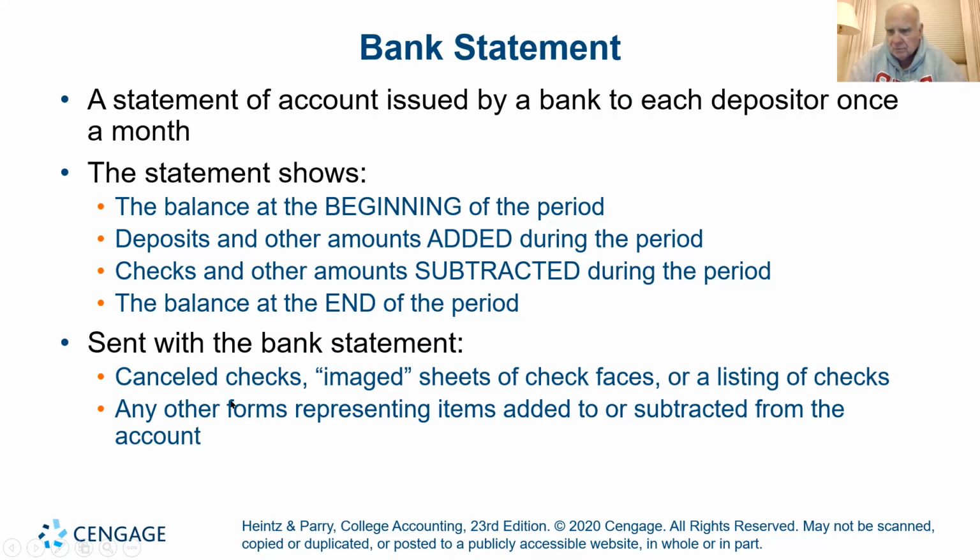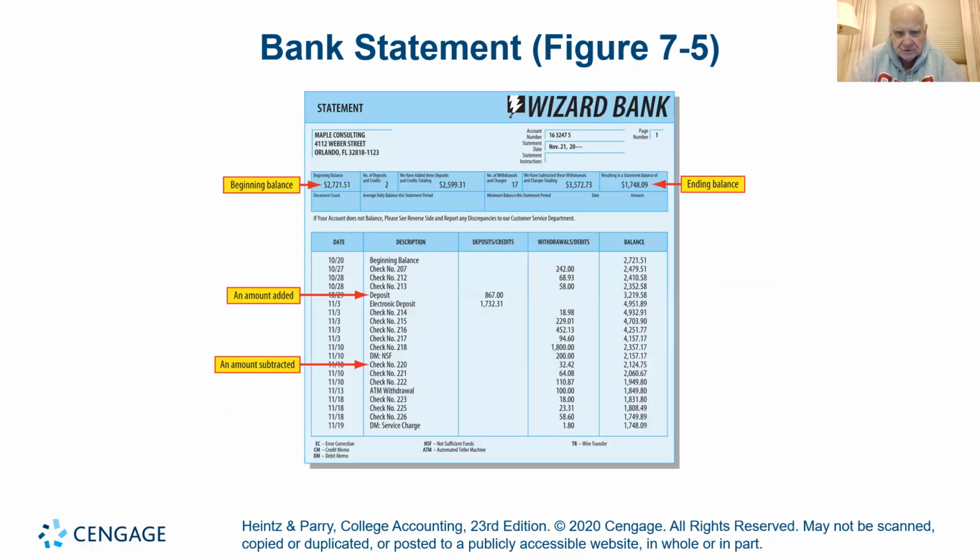Canceled checks, this is pretty old fashioned, I think. It used to be you would write your checks by hand and you would process them at the bank. You would go to the bank and cash them or deposit them. And at the end of the month, you get a thick envelope back from the bank with all the copies of the checks. I think those days are long over. I think you have to actually request that and pay for that now. You might get back a sheet of paper with a facsimile of all the checks, but more likely they're online and whatever computer system you're using, QuickBooks or whatever, can link up with that information.